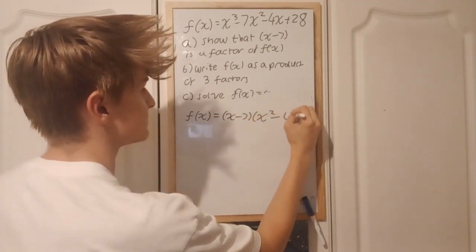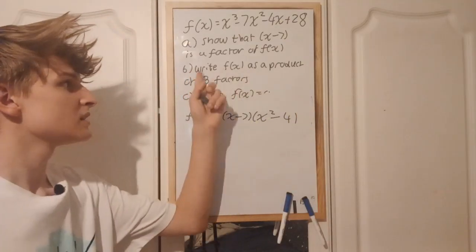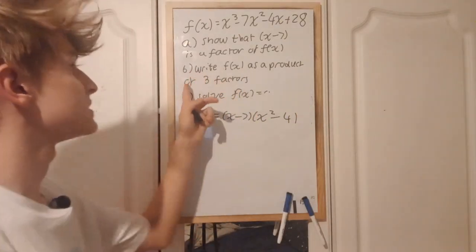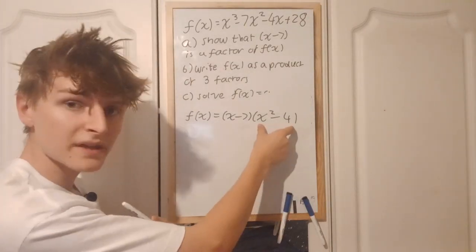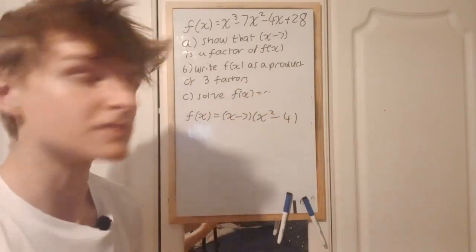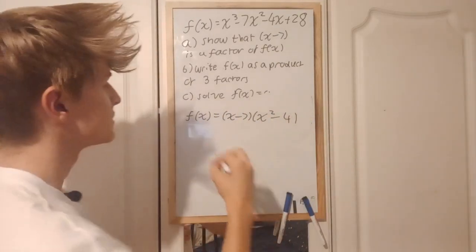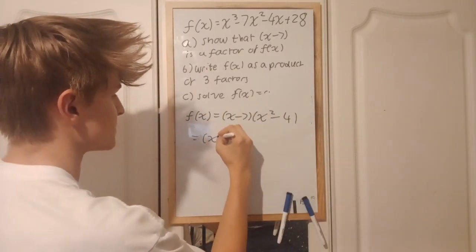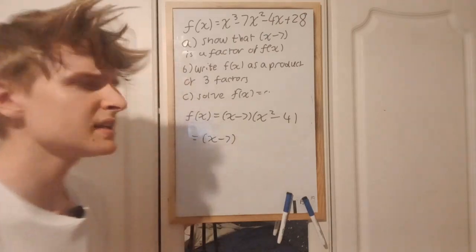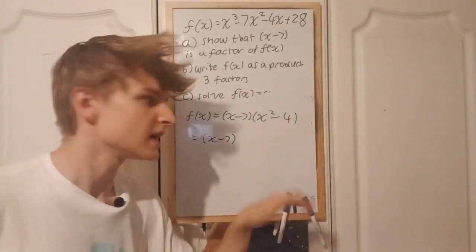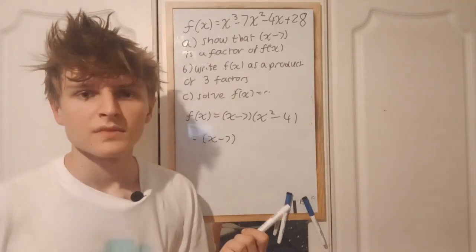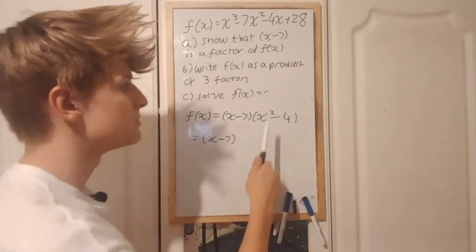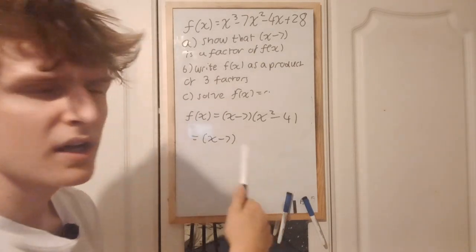Okay, so part B, we haven't answered part B yet, have we? We need to write it as 3 separate factors, but that's no biggie, because we can rewrite this quadratic as 2 factors in its own right, so we'll wind up with 3. So let's do that. So this equals x minus 7. Now this is a bit of a tricky factorisation, because we haven't got an x term. We're going to have to use our brains a bit. So we're going to have to think of 2 numbers that when you multiply them you get negative 4, and then when you add them you get